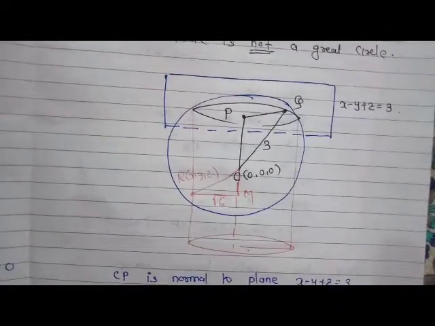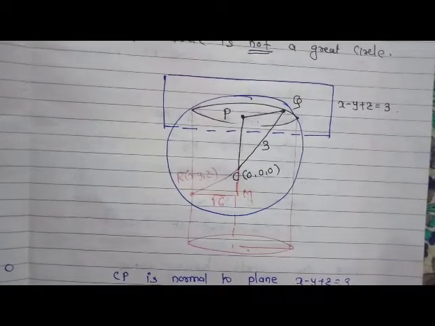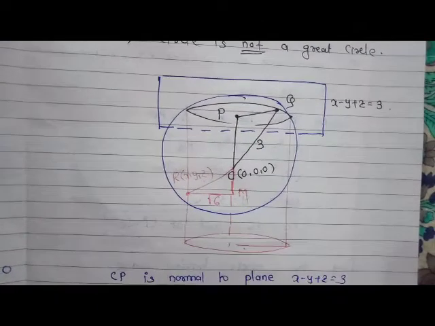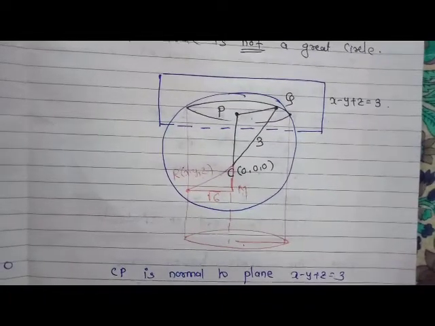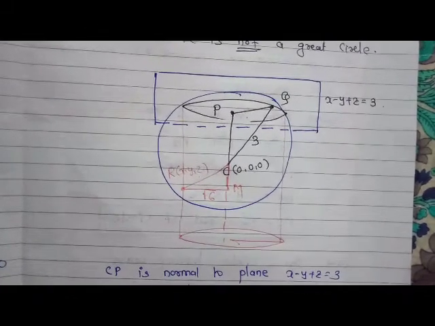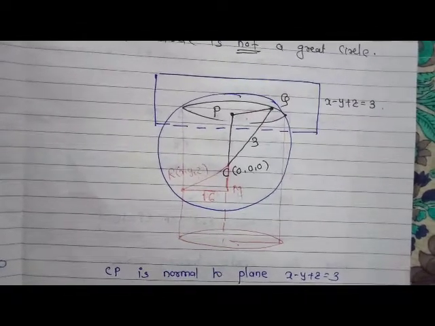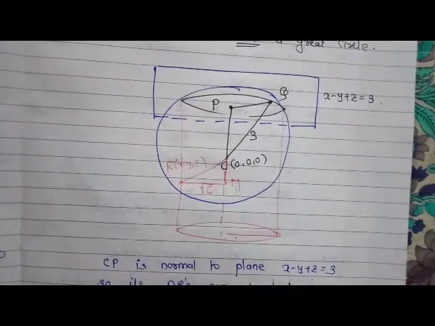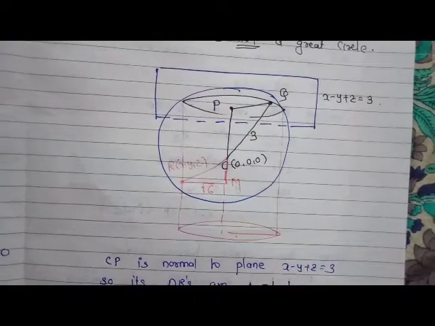So now PCM is the axis of the cylinder. So you can consider point P or point C as a point on the axis. So let me consider the simple point C. 0, 0, 0 is a point on the axis. Then suppose R (x, y, z) is any point on the cylinder, a general point of the cylinder. From R, draw a perpendicular to the point M. That will give RM, and that is the radius of the cylinder, equal to the radius of the guiding curve, and the guiding curve is the circle, so that is equal to root 6.